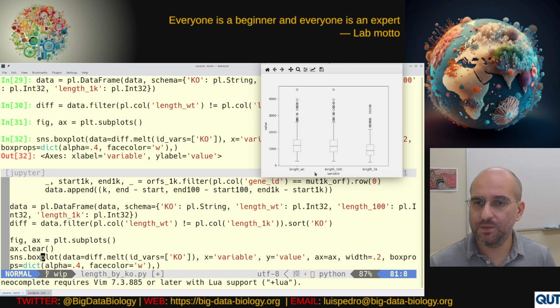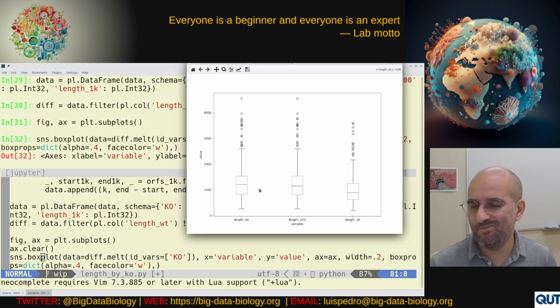If we look at a box plot with everything, with 1,000 you see that there's a decrease, but between the wild type and the 100, just looking at the box plots, if we did a Mann-Whitney test, this is not a significant difference. I checked. If we do the paired Mann-Whitney, the Wilcoxon test, then there is a difference, but it's really